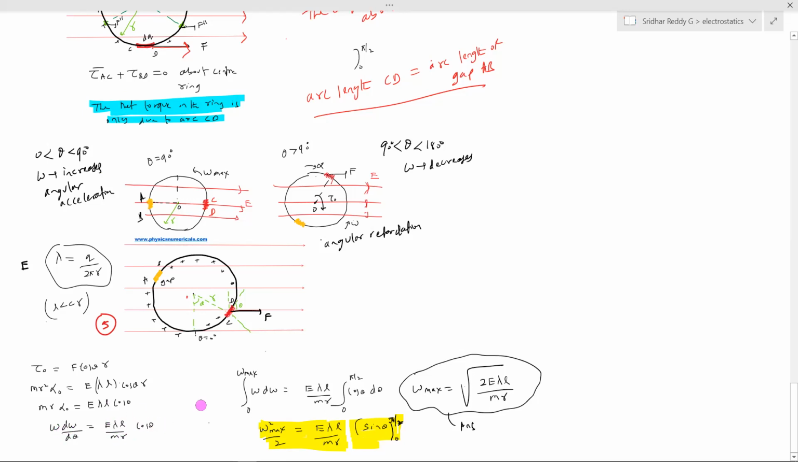Let me simplify: omega d omega equals E lambda L by m r, cos theta d theta. When will it have maximum angular velocity? When theta becomes 90 degrees. So the limit will be 0 to pi by 2. The integral of cos theta is sin theta, so this quantity will become 1. So maximum angular